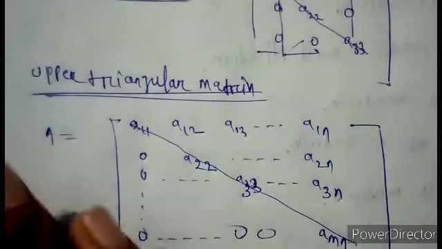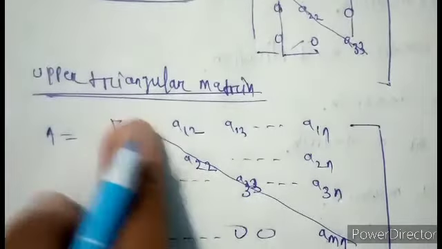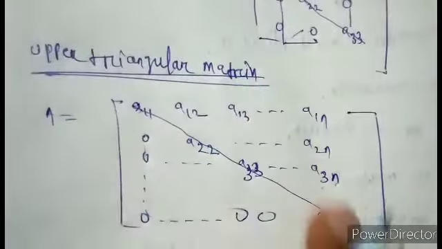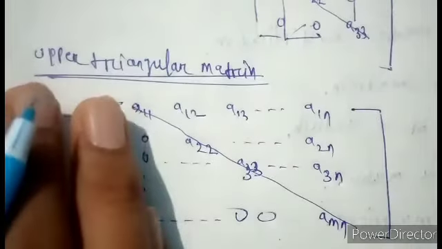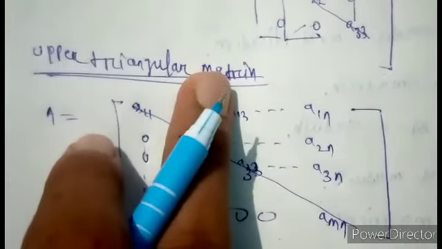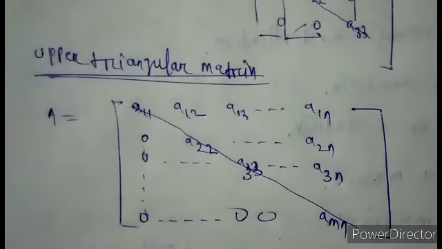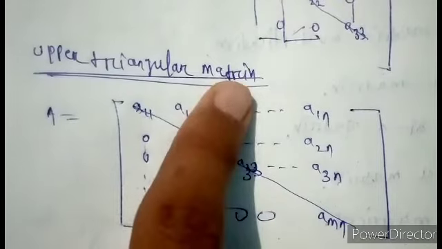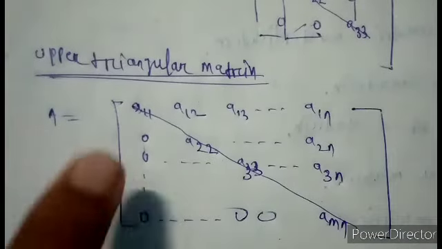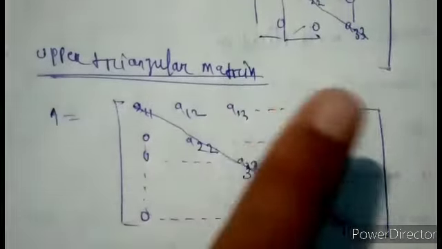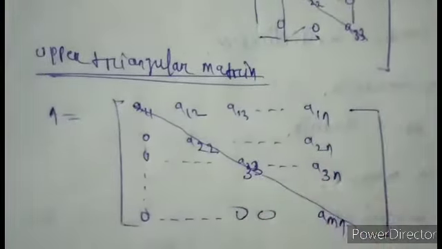That is, the diagonal entries and all upper parts are non-zero, and all the lower diagonal entries are 0. So that is an upper triangular matrix. Now the matrix with all upper diagonal entries 0, simply we can define that as lower triangular. What is a lower triangular matrix? Simply we can say all the upper diagonal entries are 0 in the lower triangular matrix.